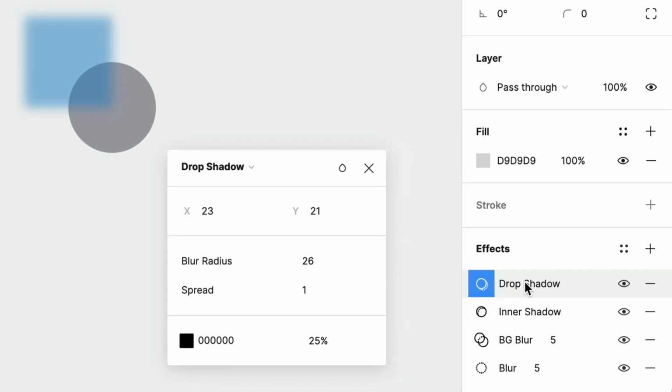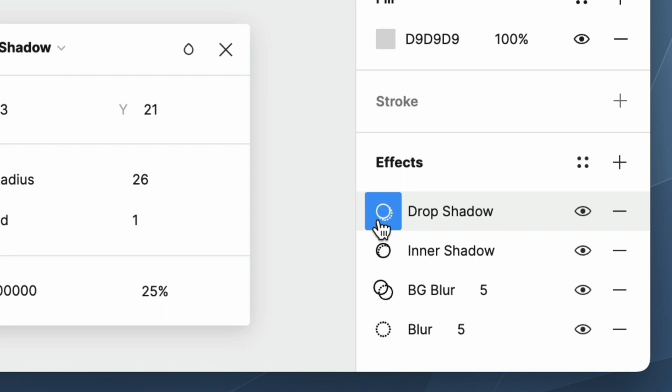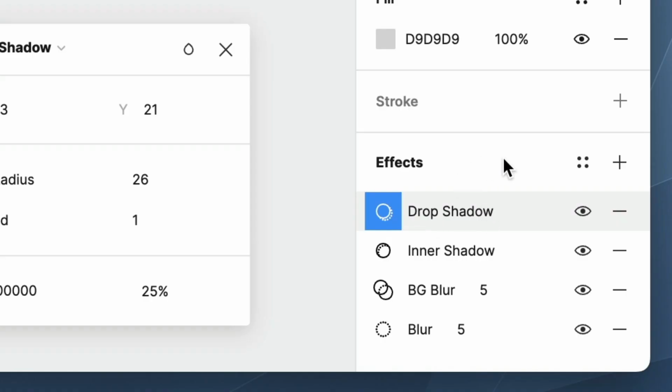So let me add one for each of these. Okay, so we've got all of them. These are my redesigned icons. Of course, I mentioned they have icons already, which would work, but I redesigned them. I don't know if I totally love these, but I tried to match the sort of Figma style. So that was just for fun, a little unsolicited redesign of the effects feature in Figma,